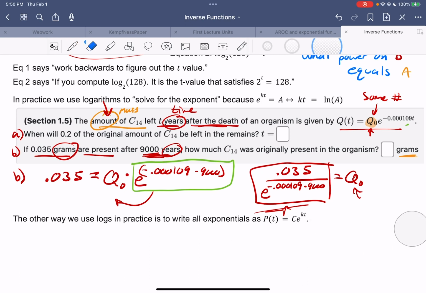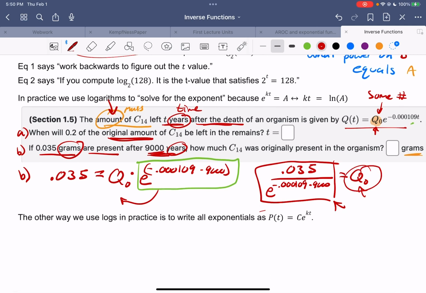Sweet. So part B was to figure out Q naught. Apparently, there were this many grams of carbon-14 when this organism died. That's referred to as the original amount. The reason Q naught is called the original amount is because of what happens when you plug 0 into this formula for t. Well, it's Q naught times e to the negative